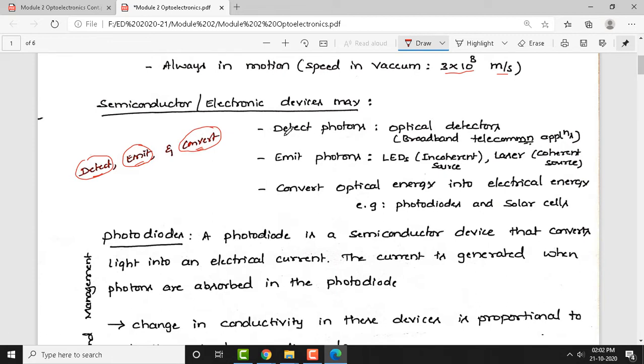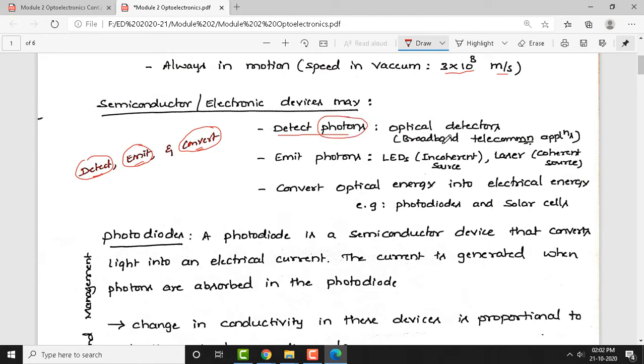Now, let us look at the optoelectronic devices that can detect photons. Those are called optical detectors. Probably you might have seen them in fiber optic communication. Suppose you have a broadband network at your home, you might be getting an internet connection through fiber optics. There, via the fiber optic, the blinking of photons carries the information, whether light is on or off. So, it is transferred via the photons here.